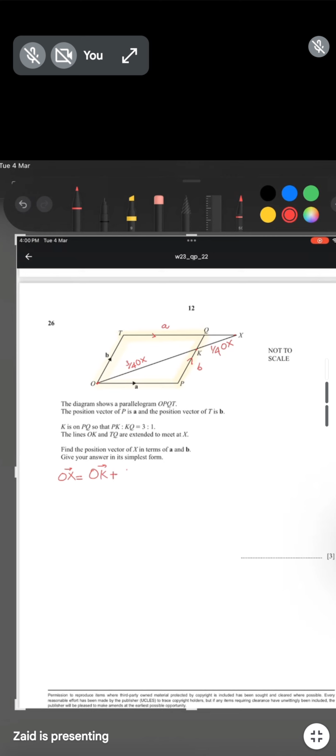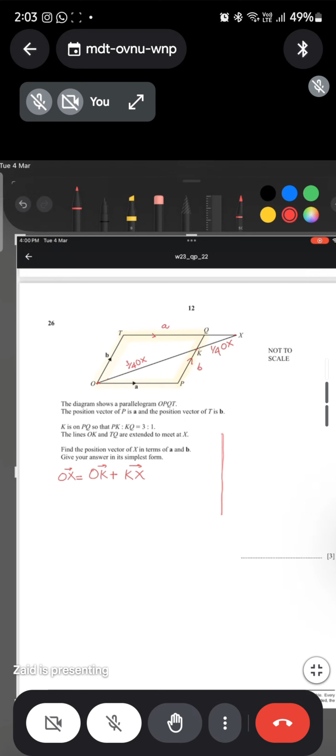OK plus KX. Is this clear to all of you? Yes, sir. I don't know the value of OK, but I can find it. That is doable because I have this triangle OPK. So let's try to figure out OK. OK is going to be equal to